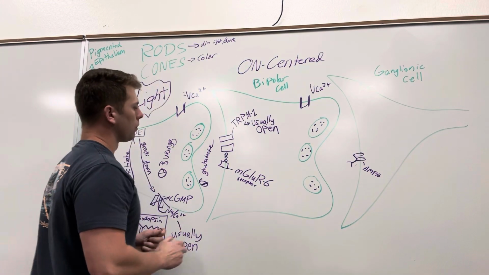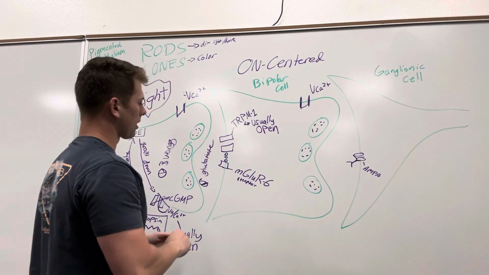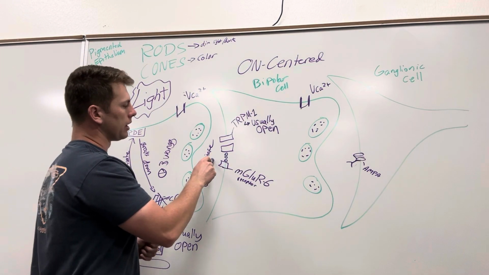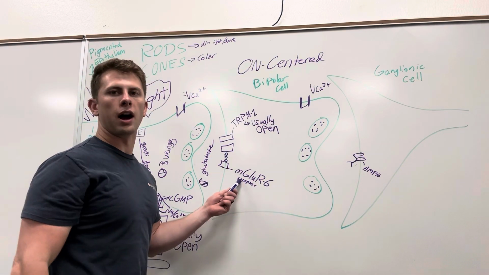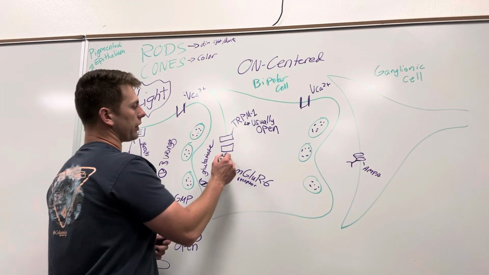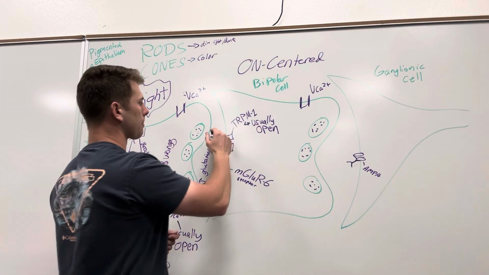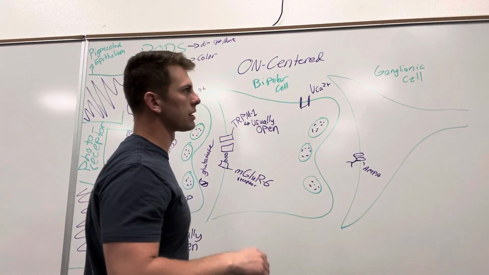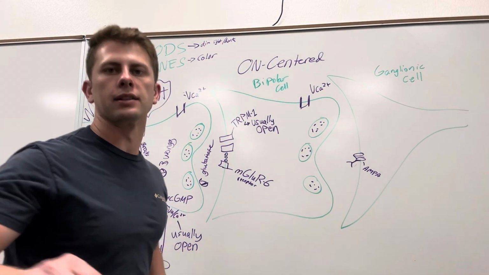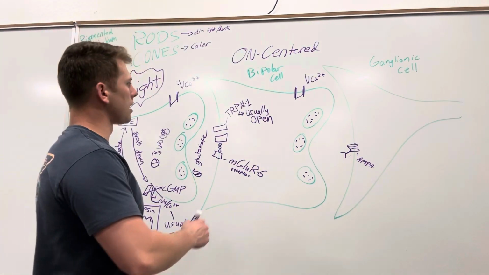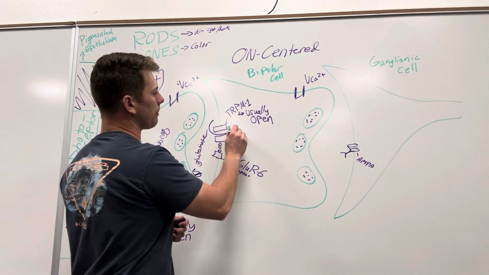So let's keep with light since we have this up. When there's light, meaning there's no glutamate, there's nothing to bind here, so mGluR6 will not be active. And it will not work on this gate, TRPM1, which is usually open. And so this is a non-specific, actually it might be calcium. I'm gonna pause that and check real quick. It is not non-specific, it is ionotropic, but it releases calcium. So calcium will come in,